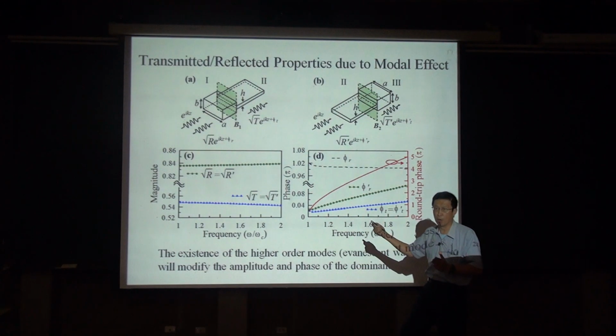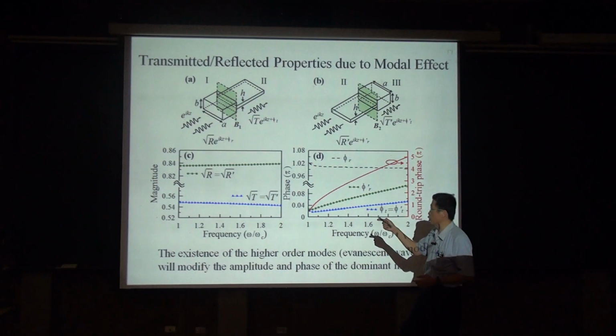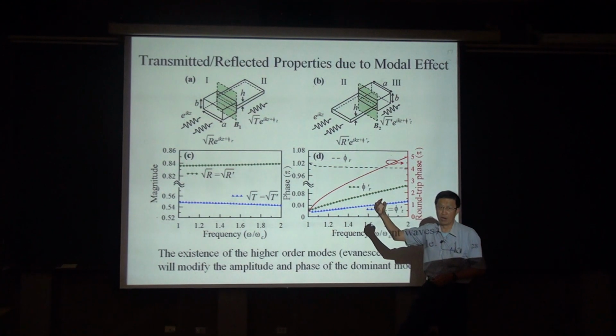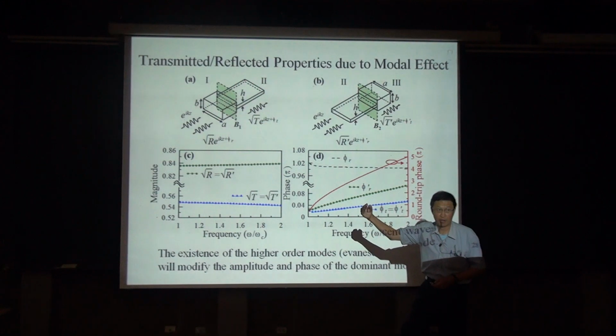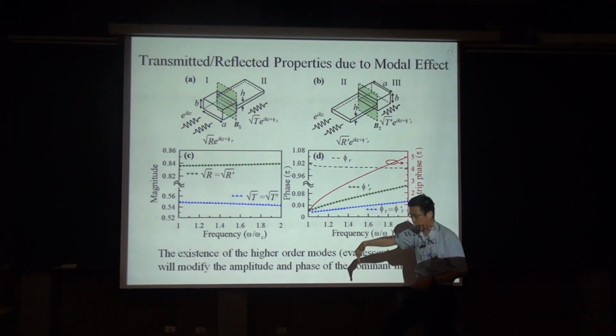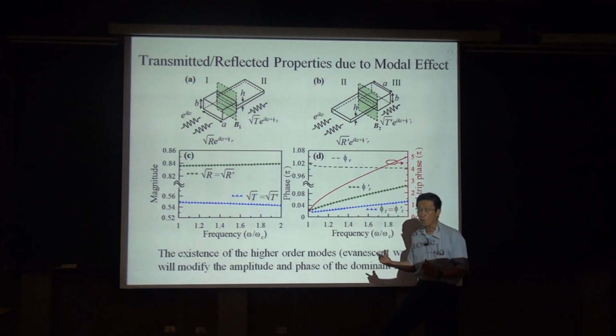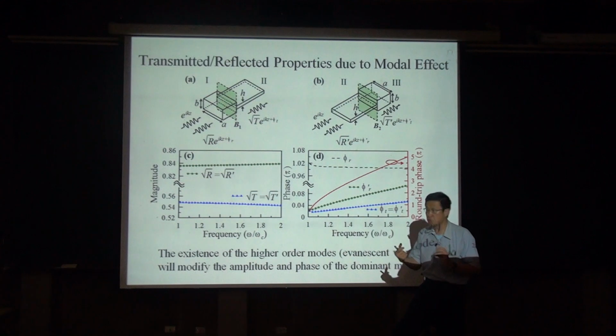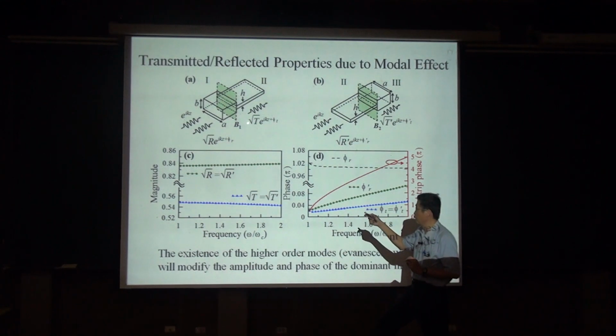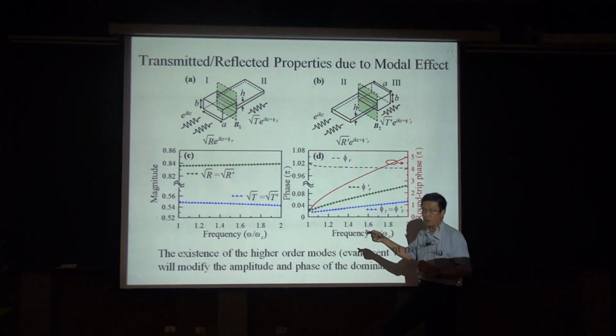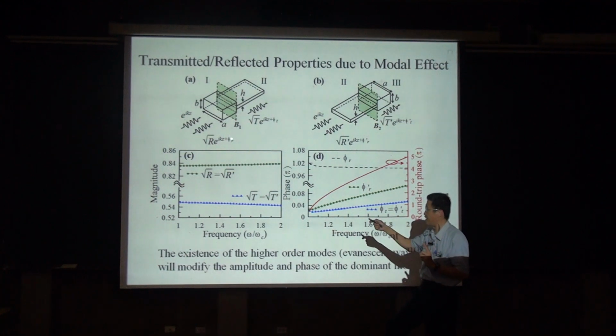But in addition to the fundamental mode, the high order waveguide modes are evanescent waves. There will be exponential decay. So the high order waveguide modes will modulate the amplitude and the phase